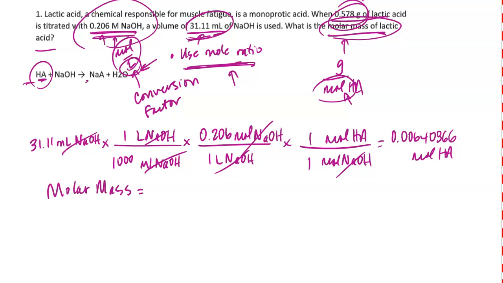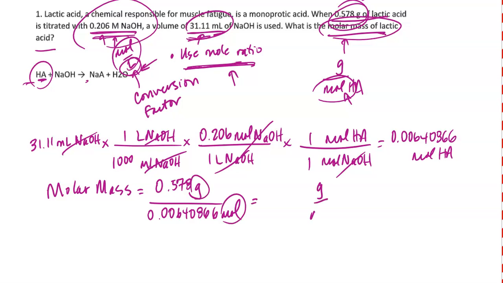I would have to take the mass of the lactic acid, 0.578 grams of it, and divide it by the number of moles I just calculated, 0.00640866 moles. Notice that my units will be grams per mole, which is what I would expect for a molar mass. So now I'm going to take 0.578, divide that by 0.00640866 moles, and what I get is